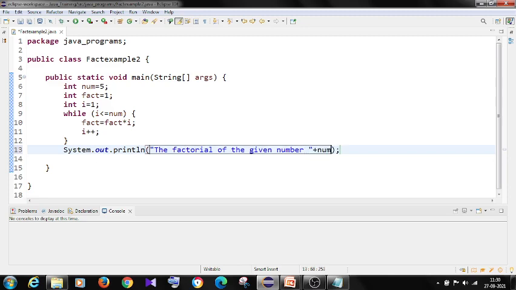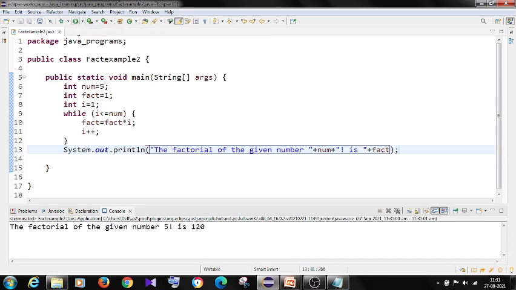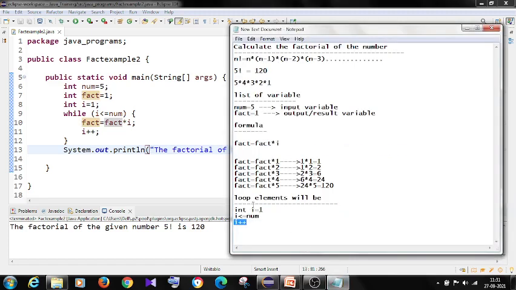I use num, and the factorial is fact. Okay, let's save the program and click on run. See, the factorial of 5 is 120. So by using a loop, we have got the factorial of a number.